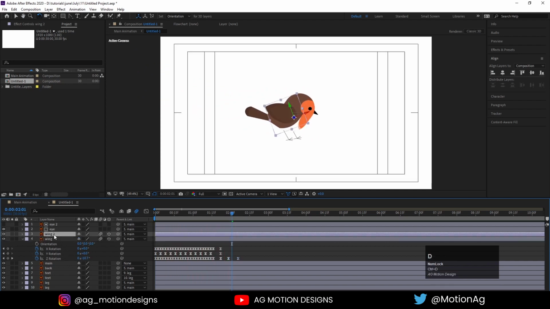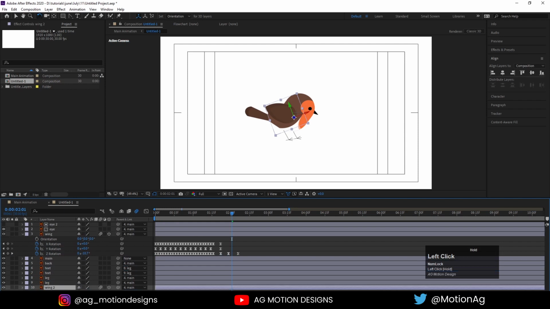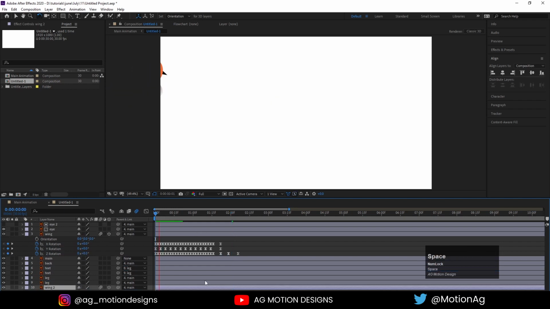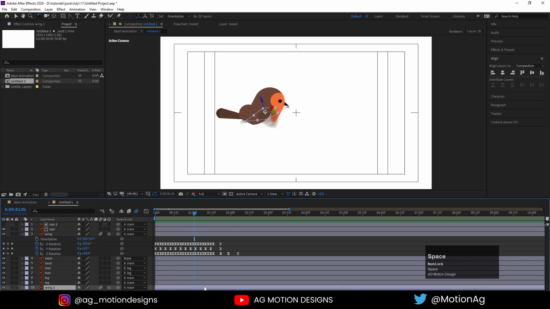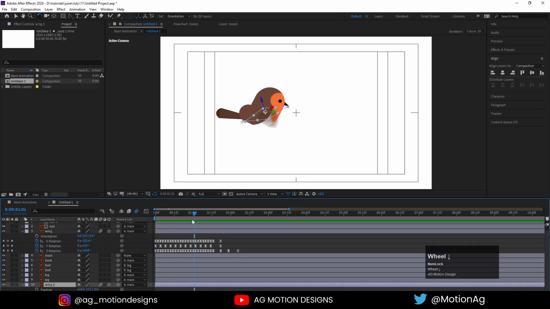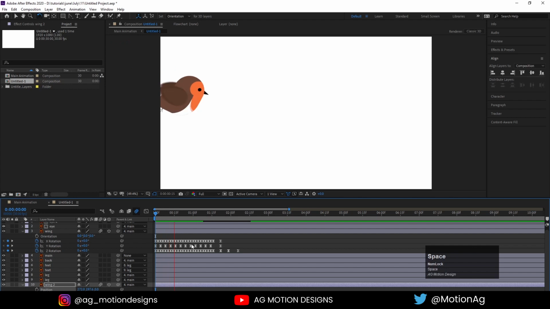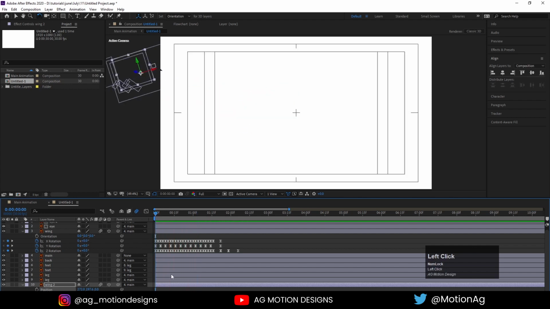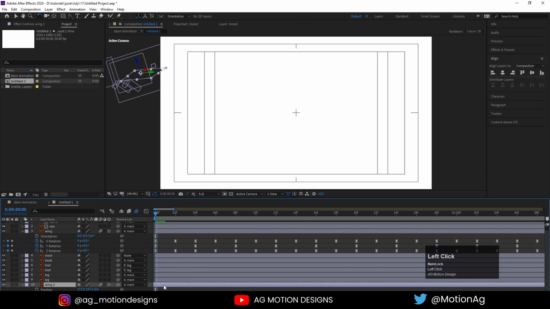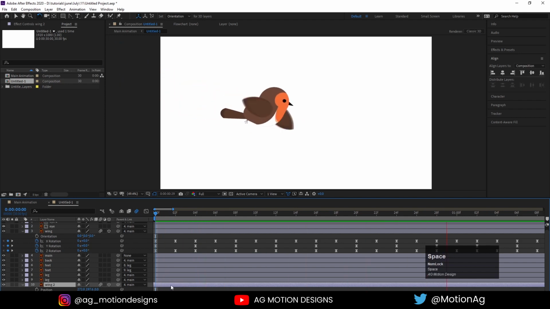Now hit Ctrl D on keyboard and drag this over here, and for the position hit P on keyboard, and we'll move the position of this one over here, and after that we'll move it 2 frames from over here.